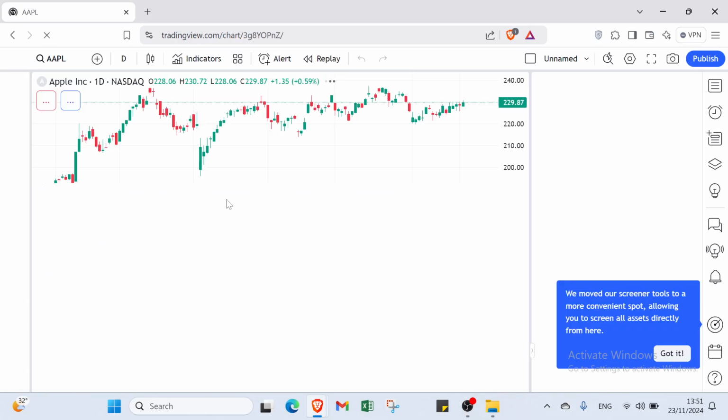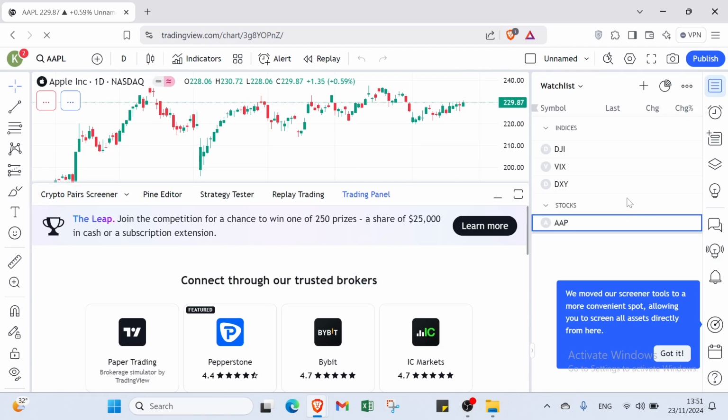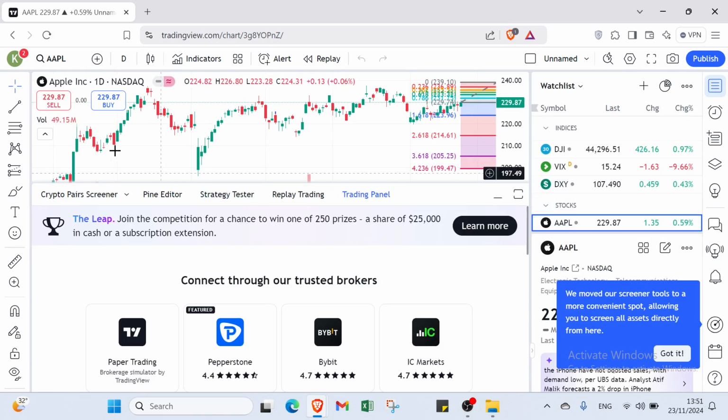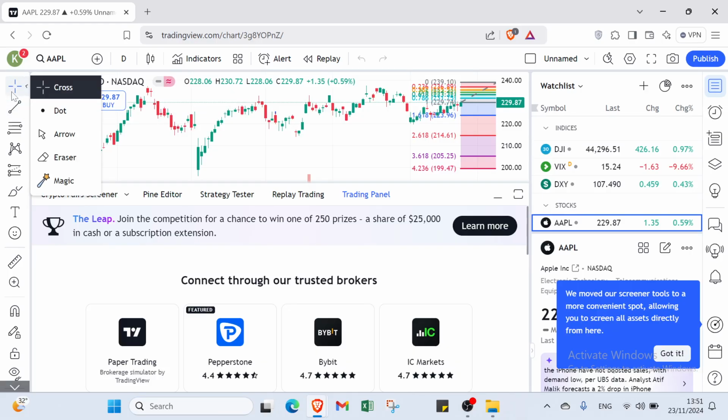So here we have it, and here we have the dashboard, as you can see, and how you can get started with this one. Here we have various options and various things that could help you to get started with this platform. Firstly, in the top left you will find the cross, if you want to select